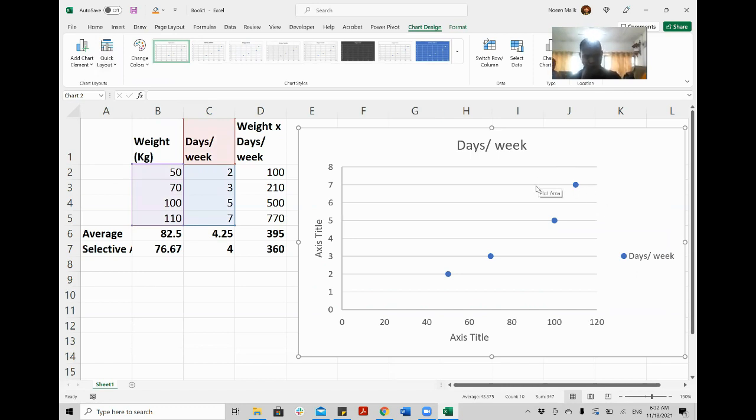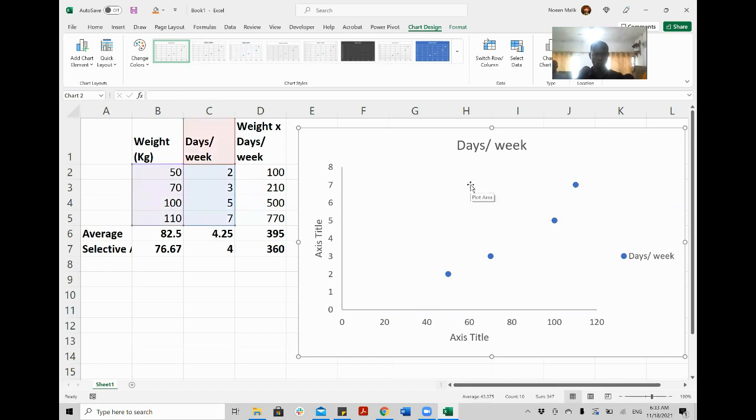Now here I don't want these lines because usually you don't see these lines. So how to delete these lines? You move your mouse up, you select any line by left clicking on your mouse and you click the delete button on your keyboard, DEL, and it is gone.